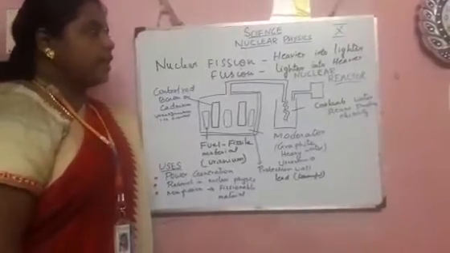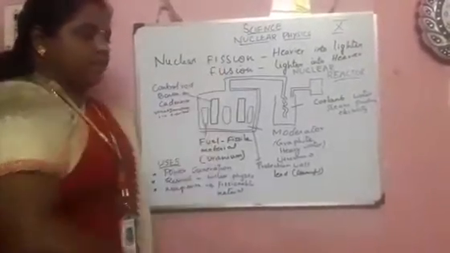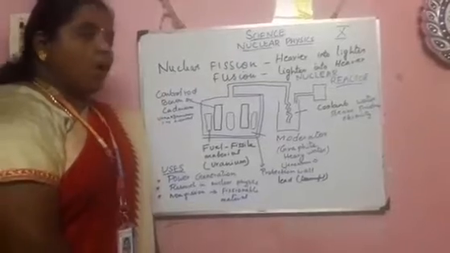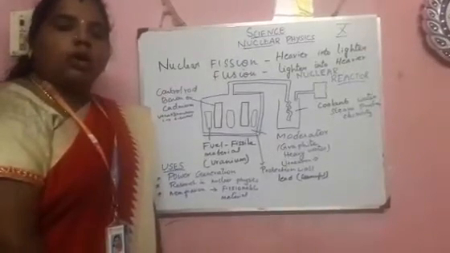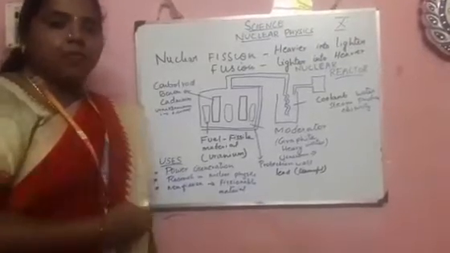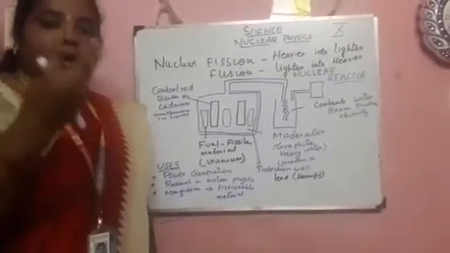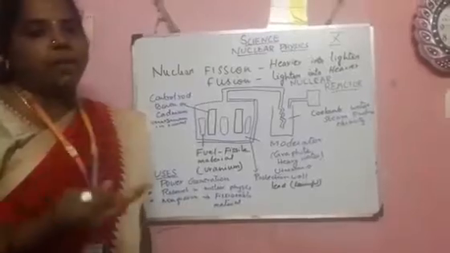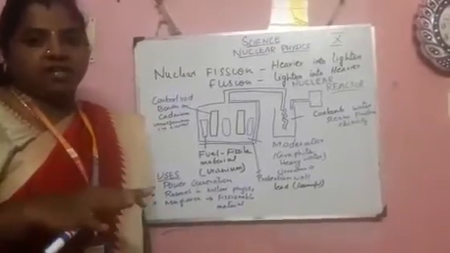Today, for the 10th standard, the topic I am going to explain is nuclear physics. In the last video, we saw what radioactivity is, the types of radioactivity, natural and artificial radioactivity, what a stable one is, what an unstable one is, and the properties of alpha rays, gamma rays, and beta rays that we discussed over there.